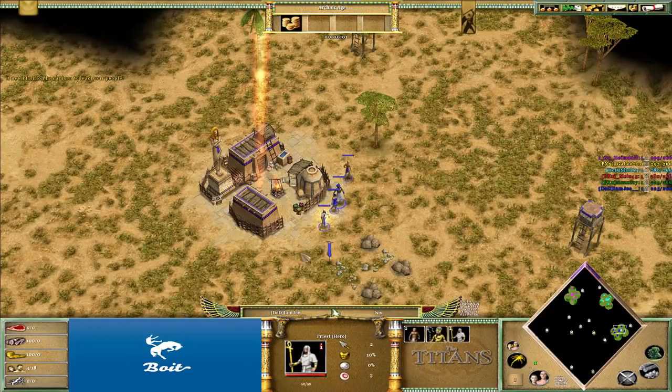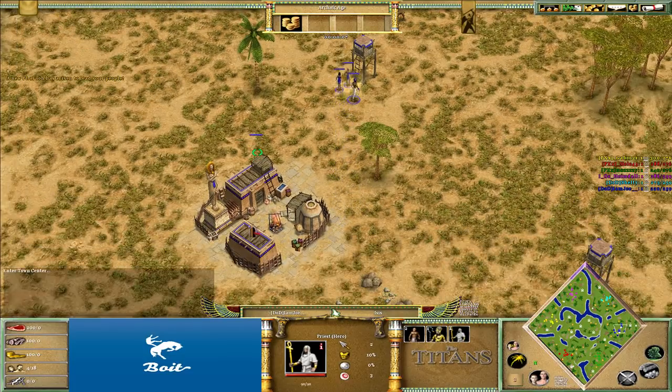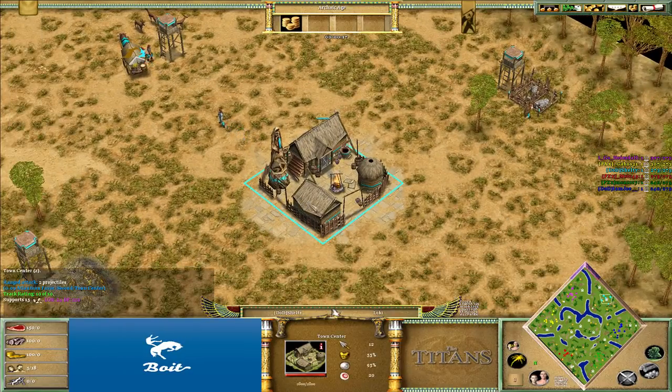My name is Boit and I am back with some more Age of Mythology, the hybrid mod action. Spawning in the right hand side of the map in the blue color, playing as Isis, is Joe from the DoD clan. His teammates today in the teal color, playing as Loki,